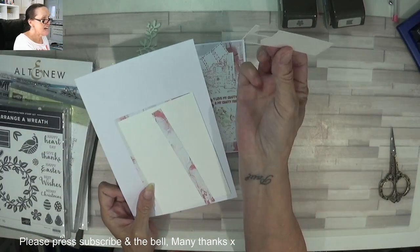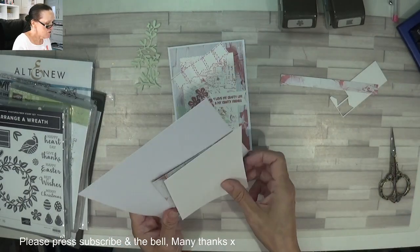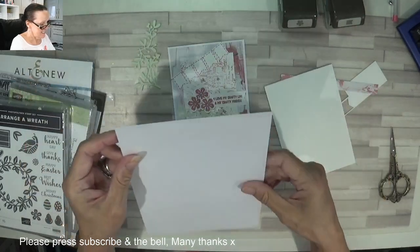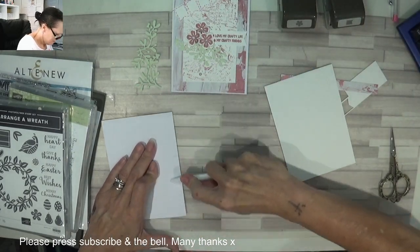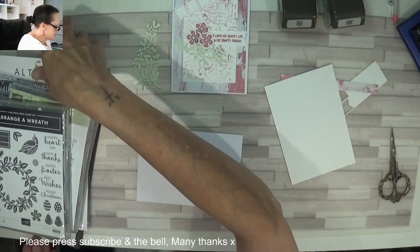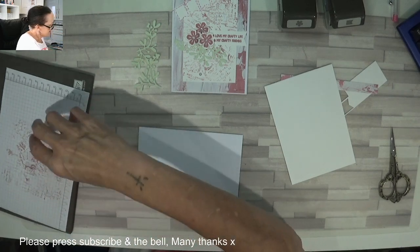So this is a little bit extra for our banner. This is a little piece of strip I cut off for the inside. So these two pieces are the same size. So what I did, after folding my card and burnishing it, make sure that's perfectly together. Beautiful, beautiful. So, cloth at the ready for when we use the,